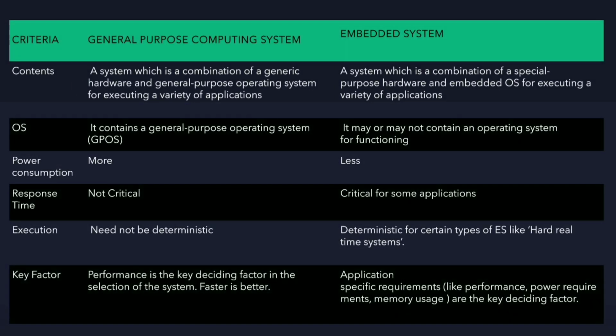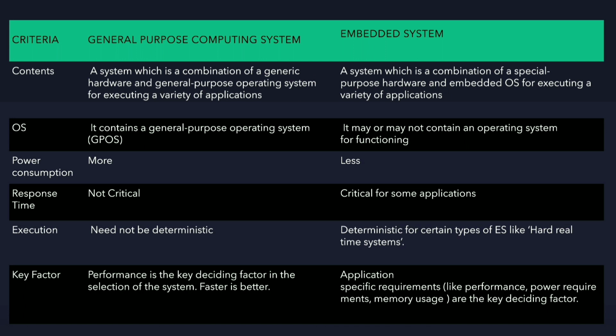Let us know the difference between the general purpose computing system and the embedded system. Based on the criteria, we have differentiated the general purpose computing system from the embedded system. On the criteria of the contents, a system which is a combination of generic hardware and general purpose operating system for executing a variety of applications is a general purpose computing system. A system which is a combination of specific purpose hardware and embedded OS for executing a variety of applications is